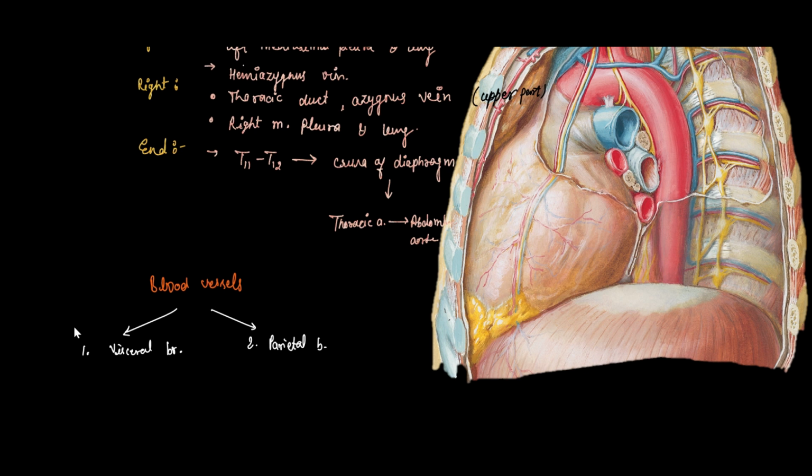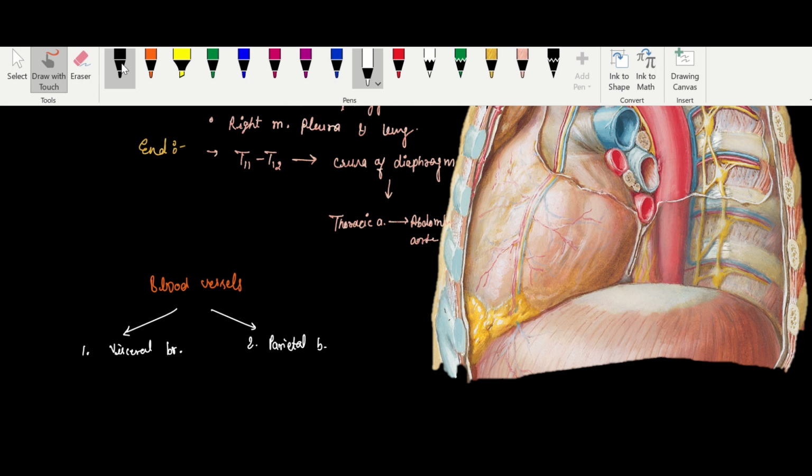One of the main visceral branches is the bronchial branches, which you can easily see in this picture. The branch shown just near the left bronchus is the left bronchial artery. And just opposite to this left bronchial artery is the right bronchial artery. These bronchial branches carry arterial blood for the lymph nodes and the tissue of the lungs as far as the alveoli. So this is the function of these bronchial branches.